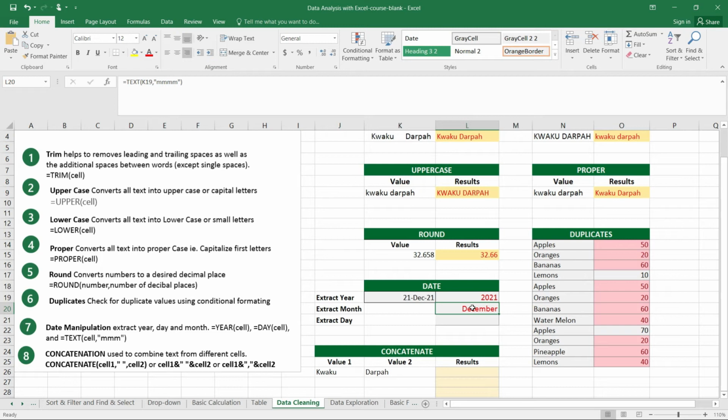If you want just the number of the month, you can use only two M's. If you want maybe a short version of the month, you can use three M's. But if you want the full spelling of the month, then you make it 4 M's. Very simple, right? Then the last thing we will do in date manipulation is to extract the day from the